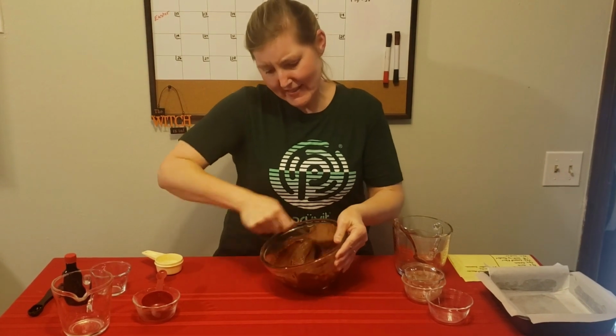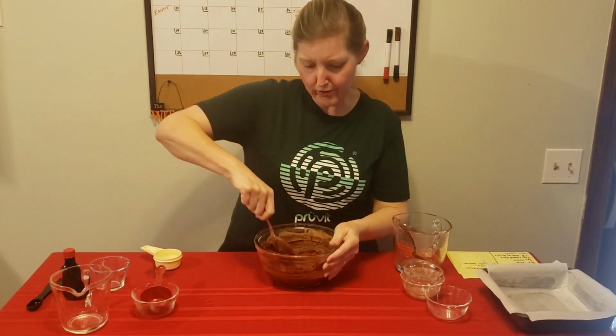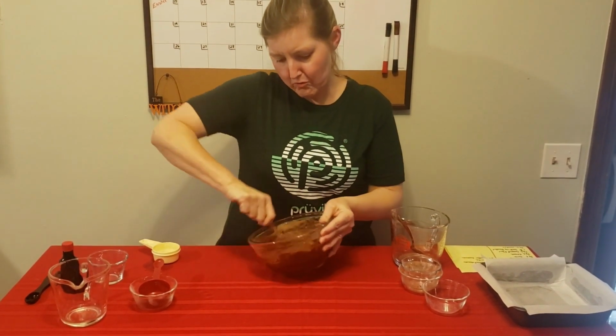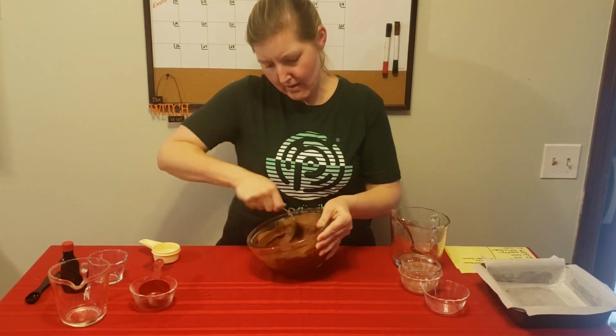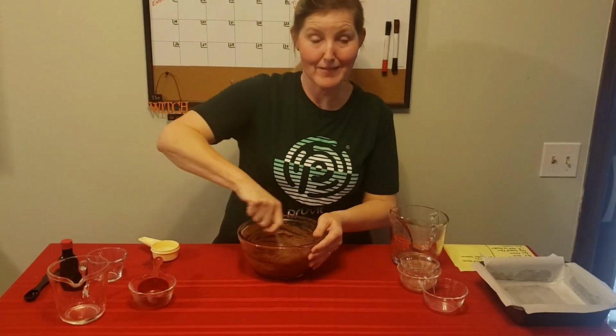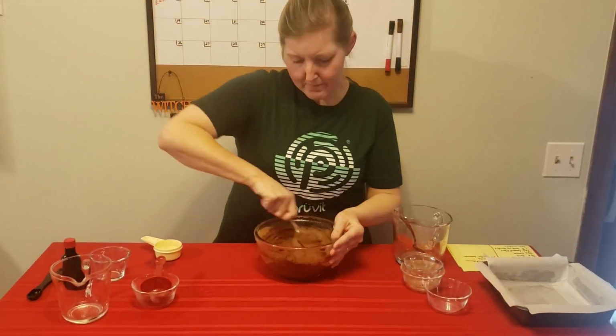So you just mix this in. You could use a whisk or you could use a mixer. I always like to use a spoon. Unless it's egg whites or something, because then that wears on your arm. So after you get that mixed in,